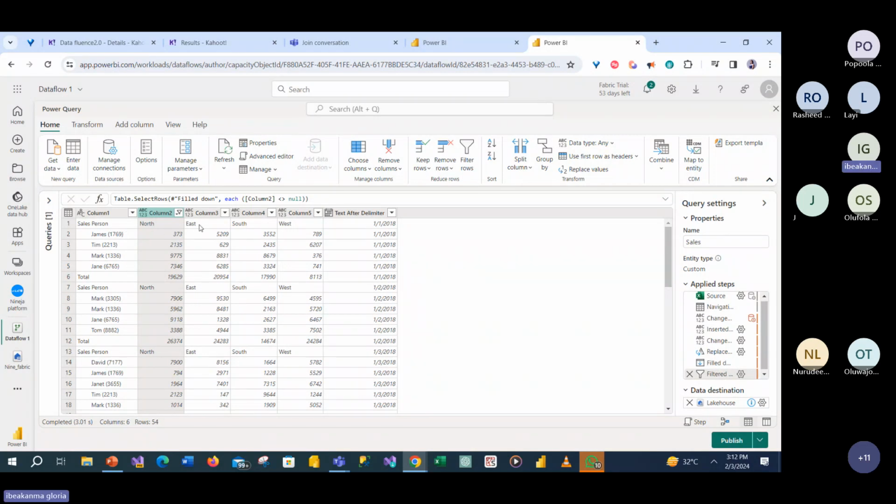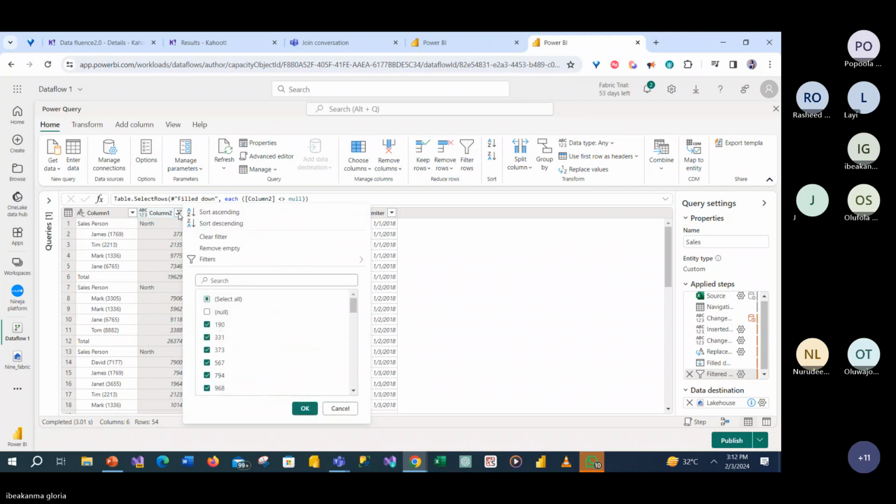So we're having not here. So we can also take out that not so that we could have